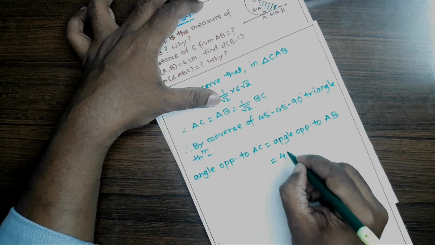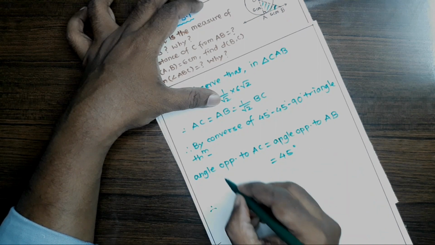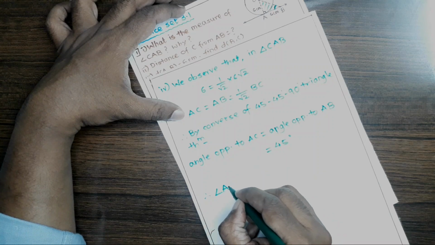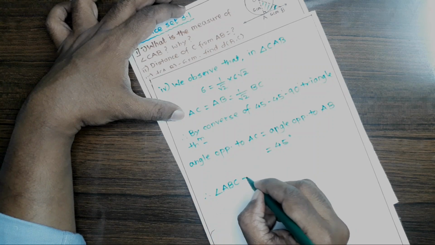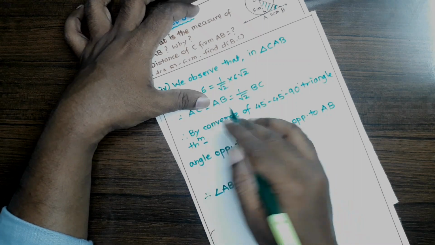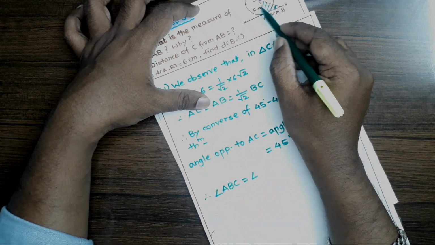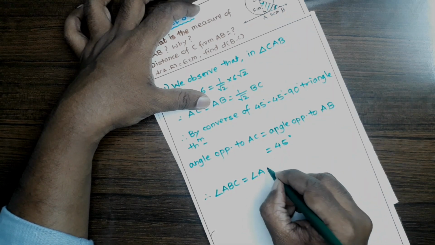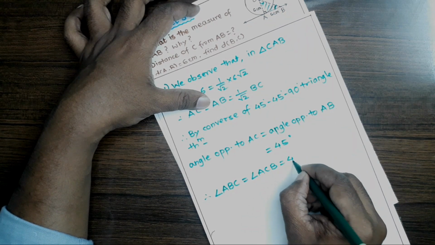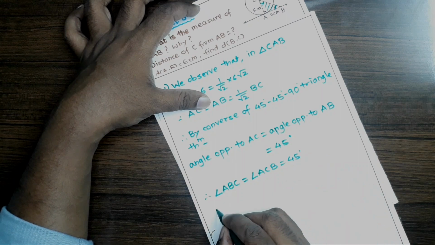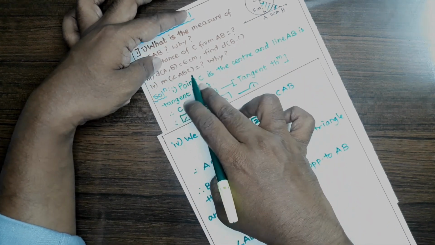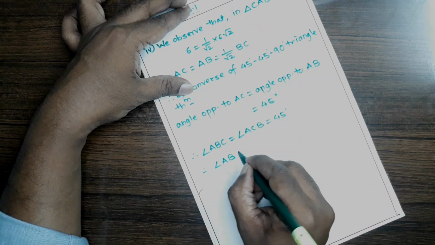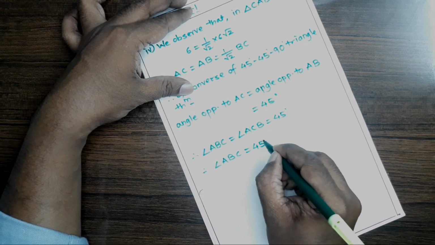is equal to 45. Now how to write angle opposite to AC? Just substitute the remaining name, ABC, and angle opposite to AB, just substitute point C, the remaining point in between them, ACB is equal to 45. Okay, and now we have been asked just angle ABC. So I am going to write only one angle, angle ABC is of 45 degree.